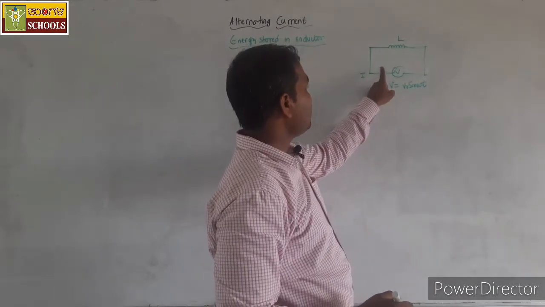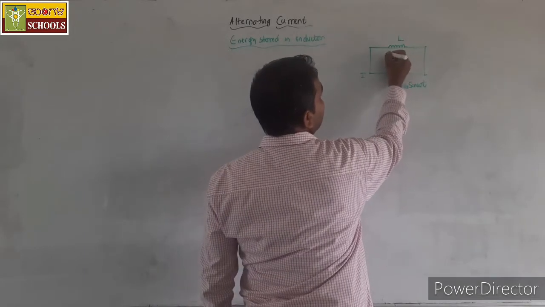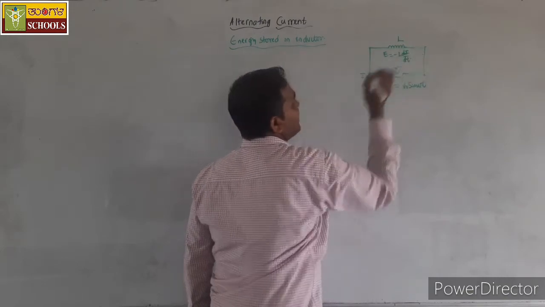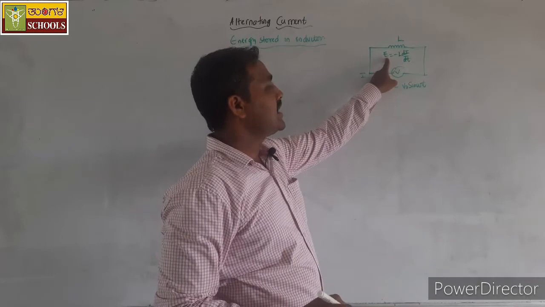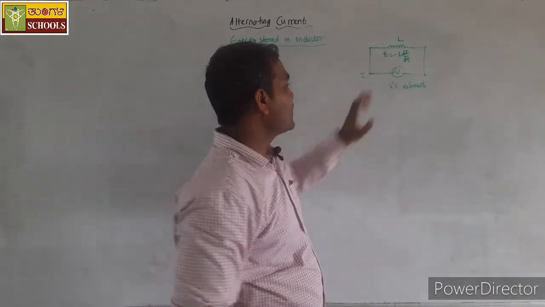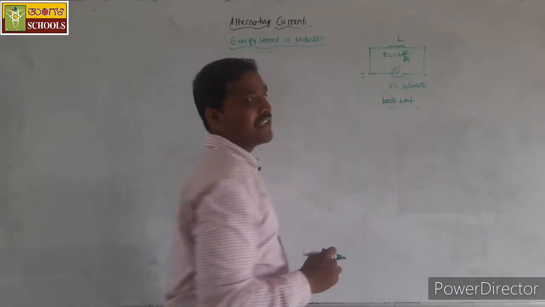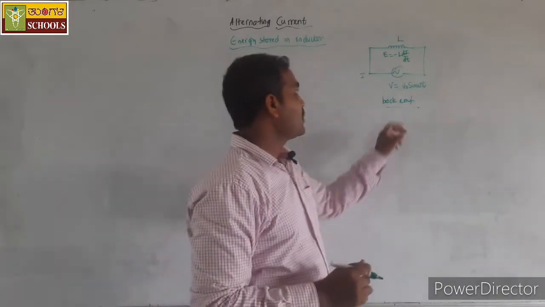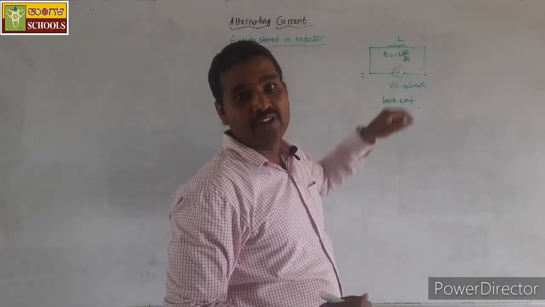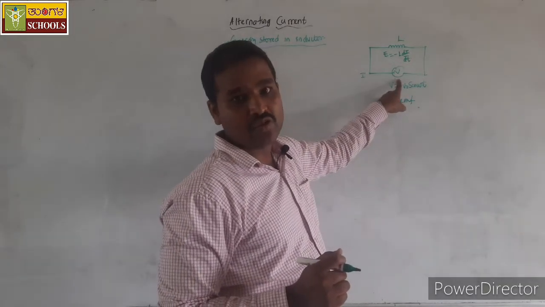Since there is a changing current, an EMF is induced in the inductor, and that EMF is given by E equal to minus L into di by dt. Since this induced EMF opposes the cause producing it, that is the changing current, we call this a back EMF, and it is written with the negative sign here. But to maintain the current through the inductor against this opposing EMF, work has to be done. That work is done by the source of voltage here.